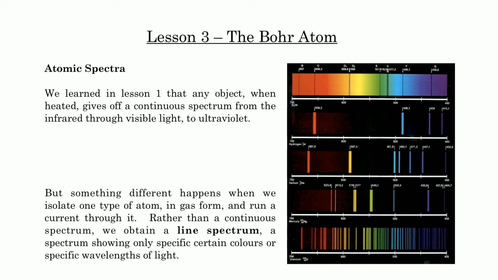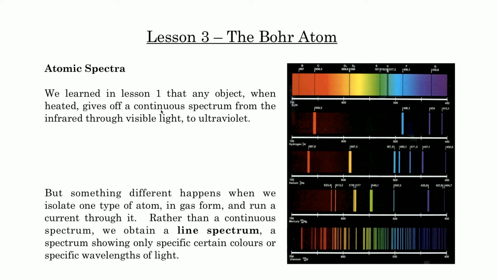Okay, here we are, and we're marching through this mini unit on quantum physics. And now we're going to turn our attention to the Bohr atom. Because one of the observations that we saw before was that whenever we look at the spectra of elements, so here, say, is hydrogen, here is the spectra of helium, here's the spectra of mercury, whenever we look through these spectrums, we see these lines, these discrete wavelengths of light that are